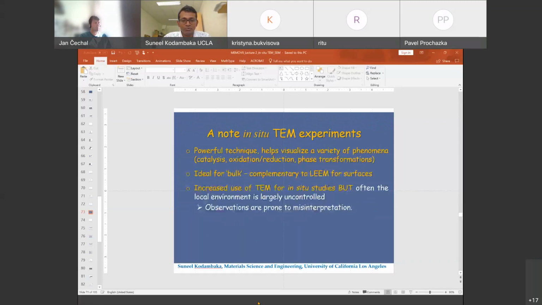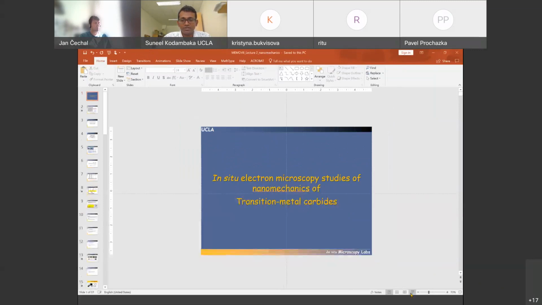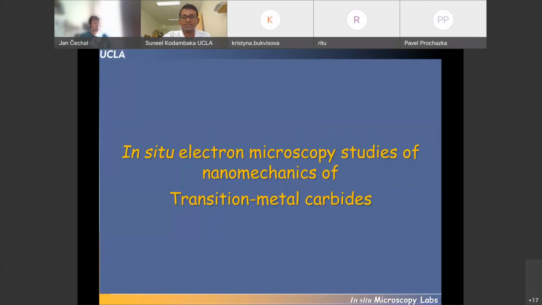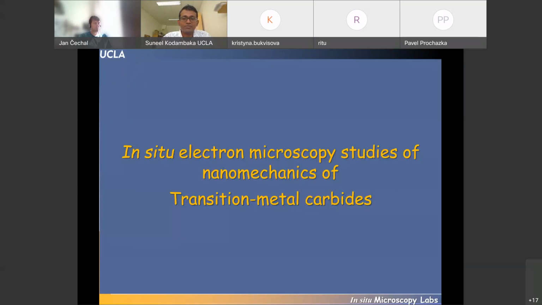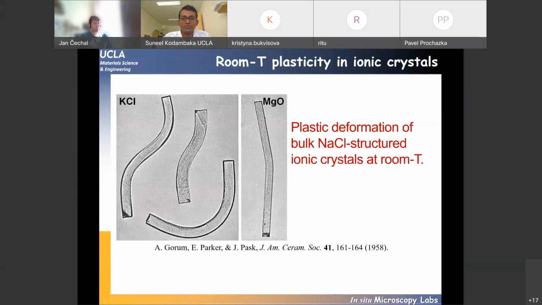Okay, now moving on to the next topic, and that is on the nanomechanics of transition metal carbides. So in the next 30 minutes or so, I'll showcase how in situ electron microscopy can be used to study mechanical behavior of materials. And motivation for this study arises from the fact that the transition metal carbides have a variety of applications, but I wanted to share with you one paper that I found during my research on this